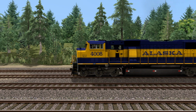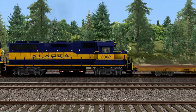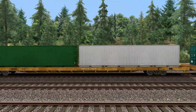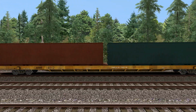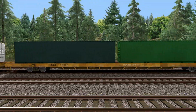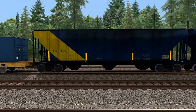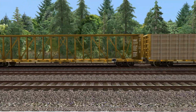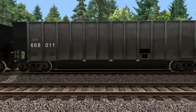There are also Alaska Railroad EMD SD70 Mac diesel locomotives, Alaska Railroad EMD GP38-2 diesel locomotives, Alaska Railroad single-stack container flat cars, loaded and unloaded versions, with multiple combinations of containers for the loaded versions, blue 3-bay covered hoppers, loaded and unloaded versions, yellow centerbeam flat cars, loaded and unloaded versions, Alaska Railroad coal hoppers, loaded and unloaded versions,